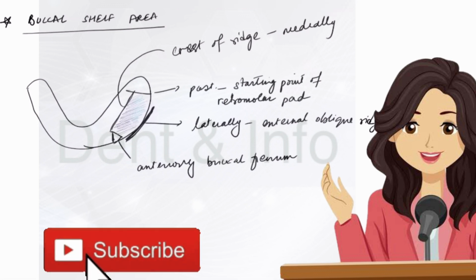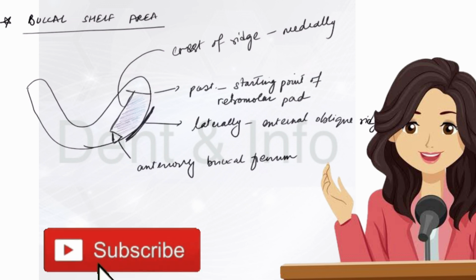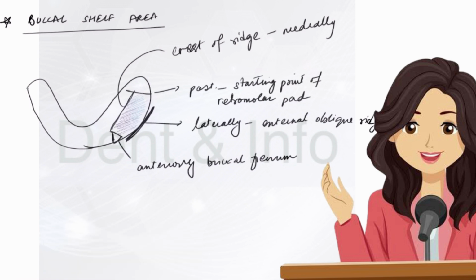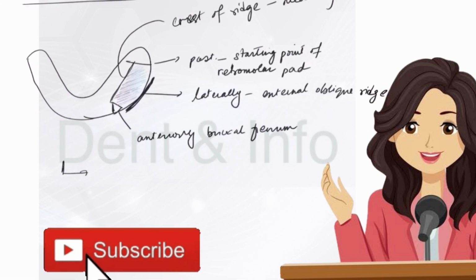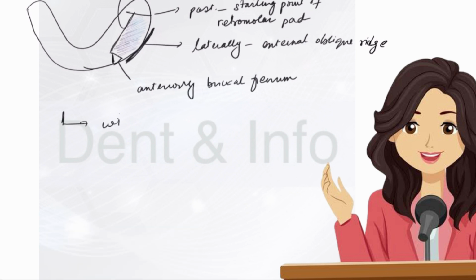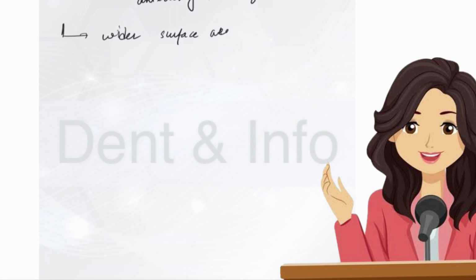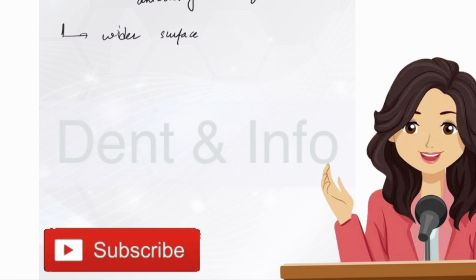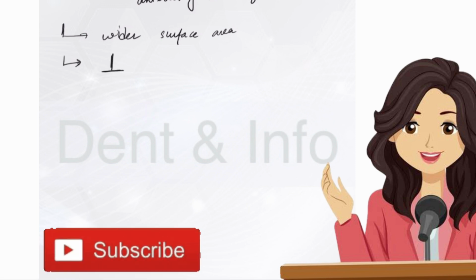Now the buccal shelf area is considered to be a primary stress bearing area. The reason for that is what? There are multiple reasons that favor it. There are multiple reasons that go against it, yet we consider it a primary stress bearing area. So what are the favorable reasons? First is wider surface area. So you have a lot of surface area that helps you with the dissipation of forces. Second is that it is located perpendicular to